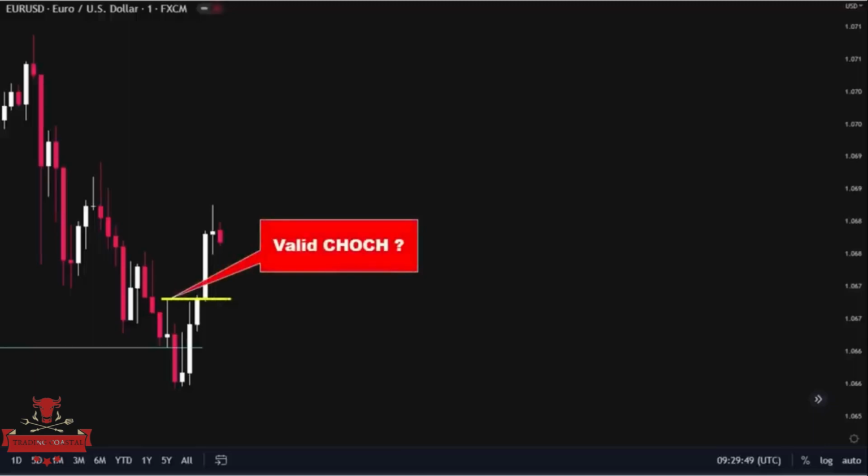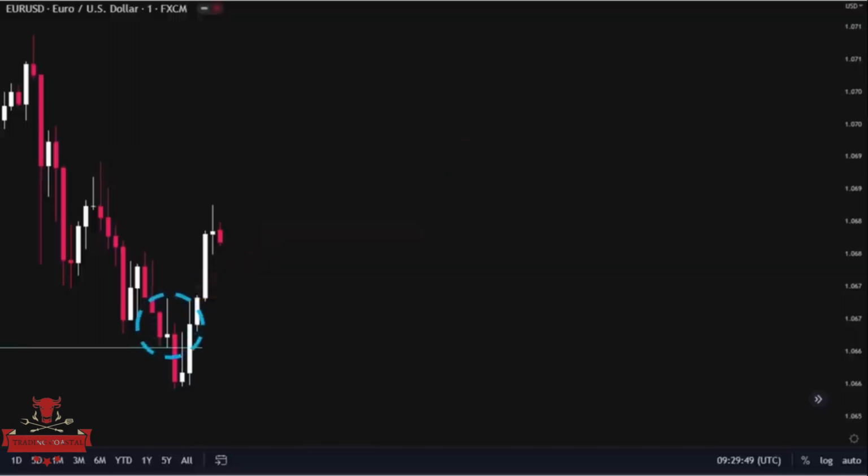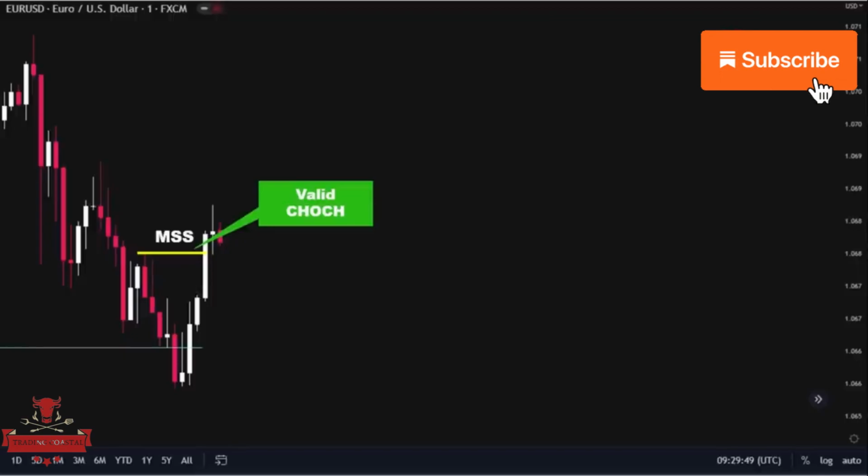Do you consider this a market structure shift? The answer is no, because price has touched the line drawn from the lowest point of the A wave, reversed, and then created this structure. But if you look upper, you can easily spot this structure, which was created before price went down to sweep out the liquidity. So, as we have identified a valid market structure shift or change of character,